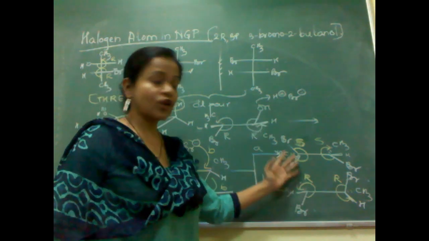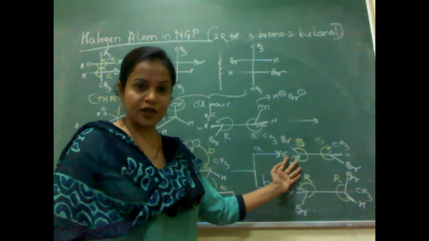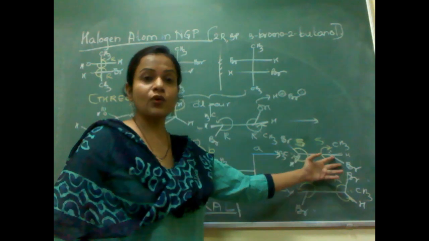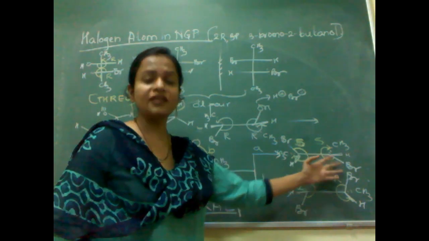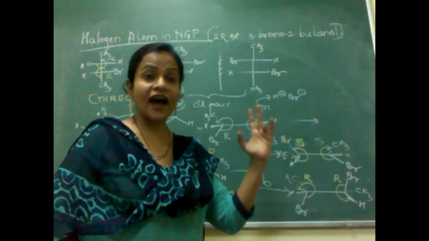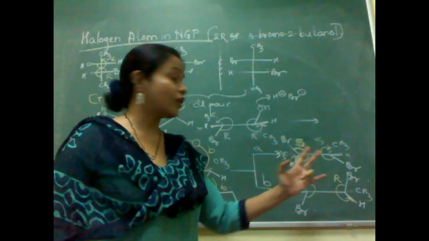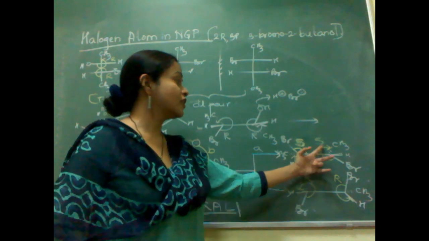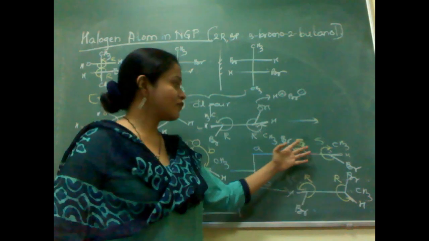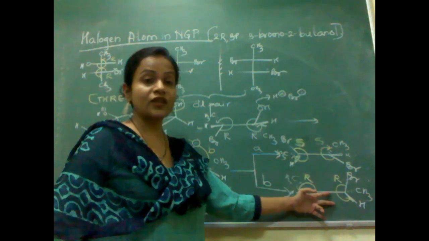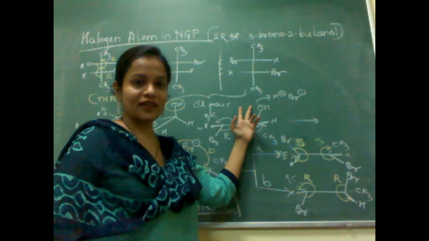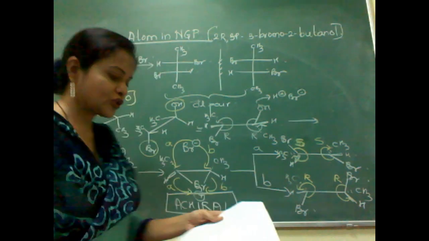If you are not sure of assigning configuration for this particular thing, what you can do is interconvert it. First you interconvert it into the Sawhorse projection and then write the Fischer projection formula. Whenever you are trying to interconvert, I repeat, please make sure that the configuration which you designate here is the same for the final structure. The configuration of the two carbon atoms are opposite with respect to this. So that means you can very well explain that this forms a DL pair. Okay. So this is with respect to the threo isomer.